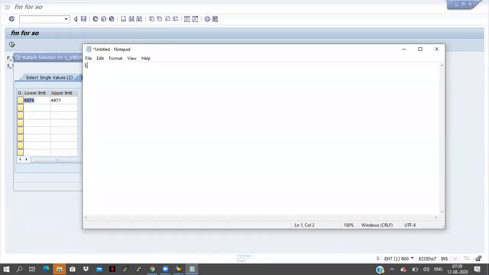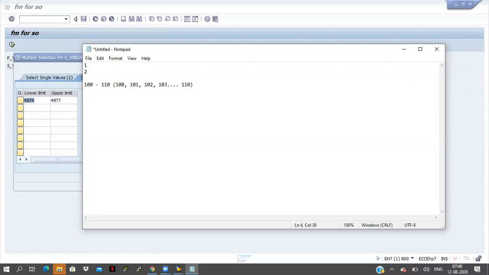So I'm passing the single values 1 and 2. And after that I want to fetch the data from 100 to 110. 100 to 110 means how will the values come? It will take 100 and 101 and 102 and 103, like that up to 110.